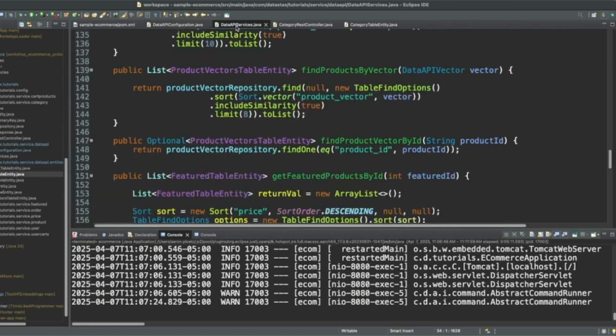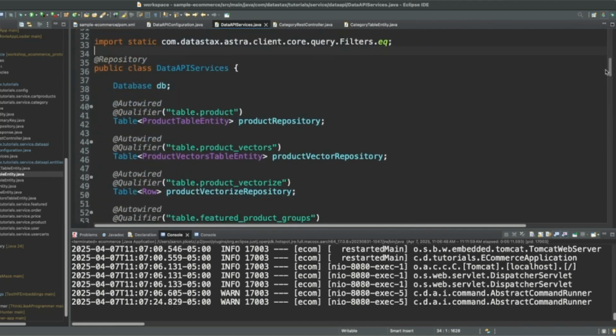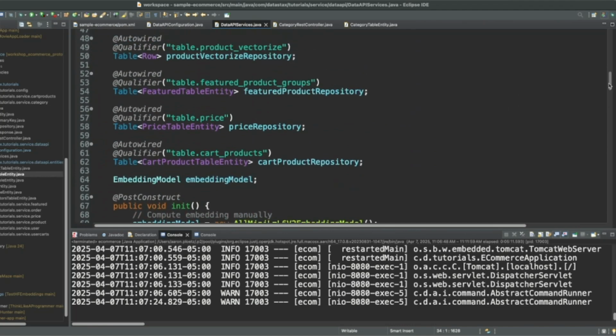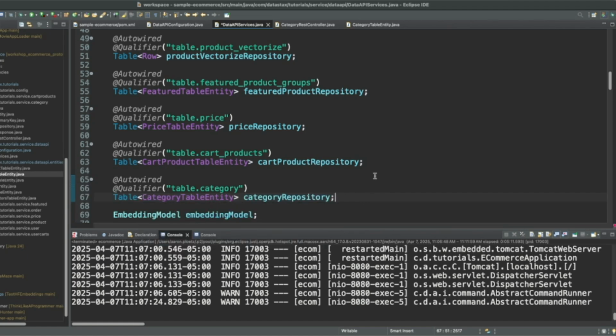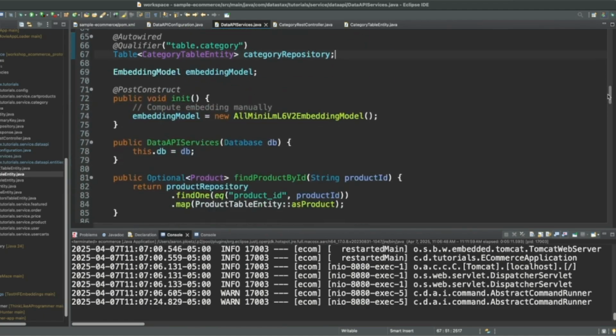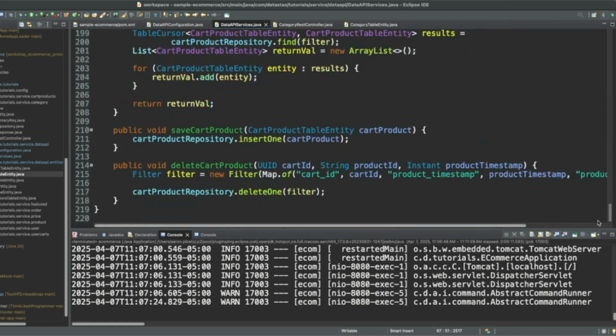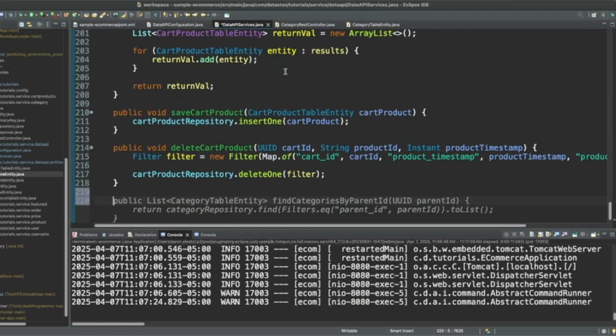Let's now adjust our data API services. So we can go, here we go. Let's say autowired qualifier table.category, table category table entity, category repository, and let's import that entity as well. All right. If we go down to the bottom here, past the cart options, let's save what we have.